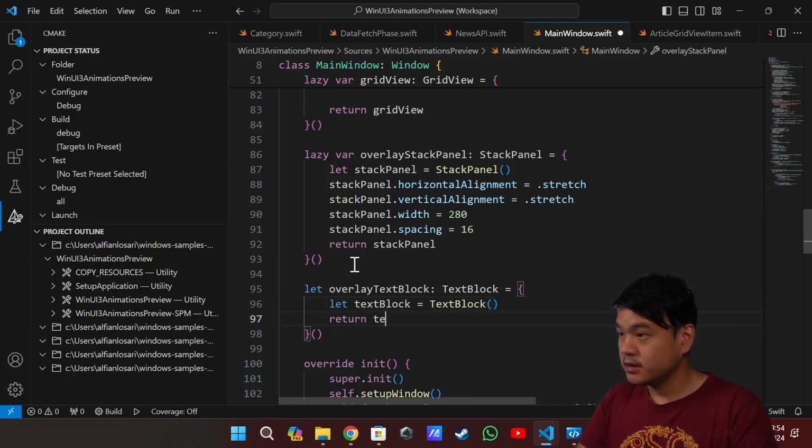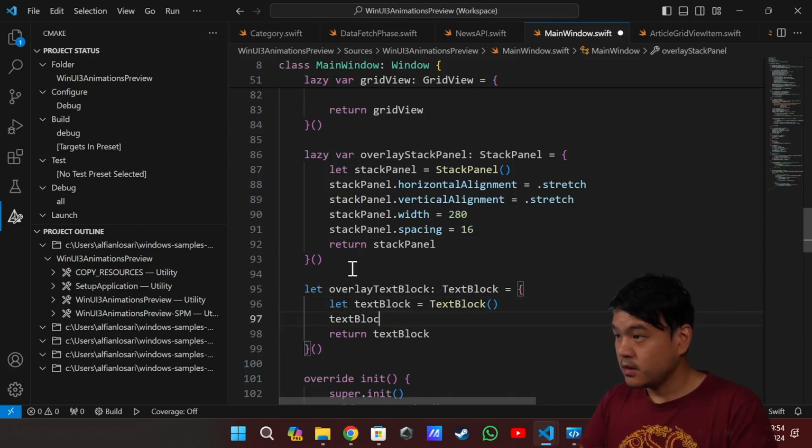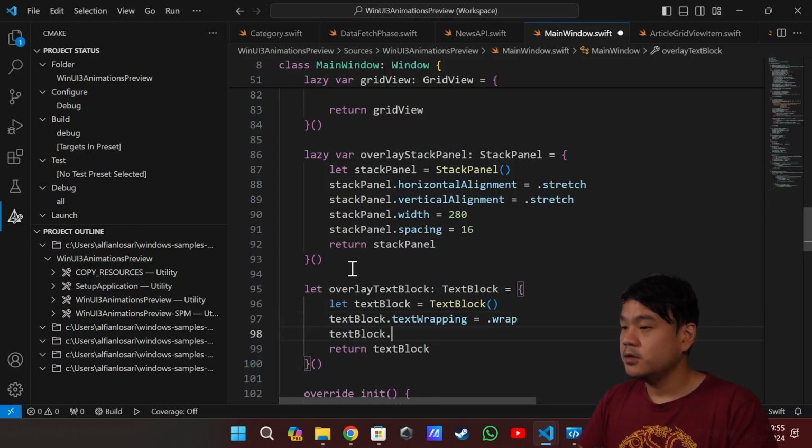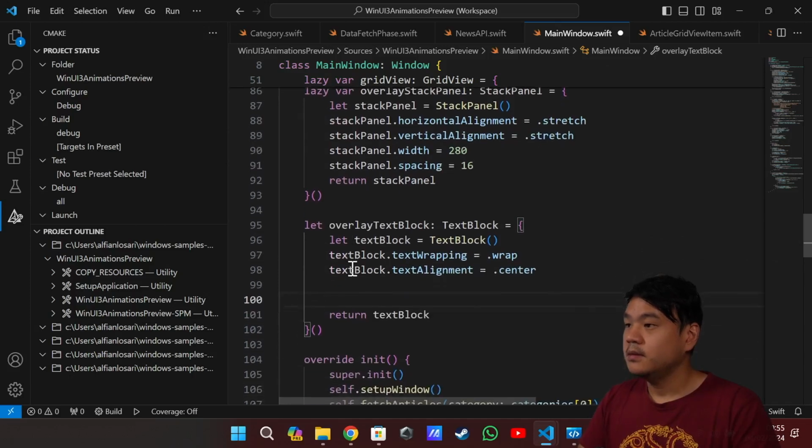Make sure to return the text block, and let's set the text block text wrapping to wrap, text block dot text alignment to center,